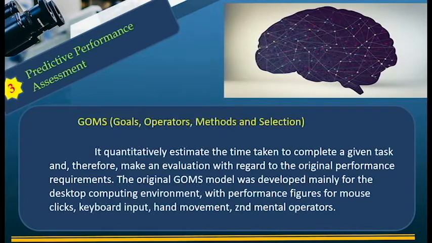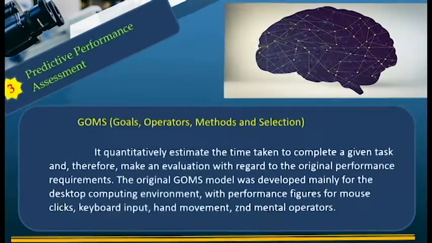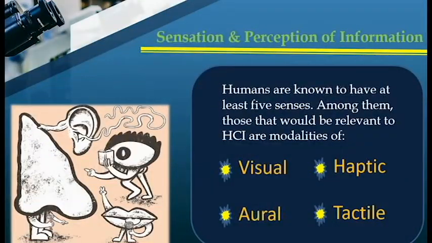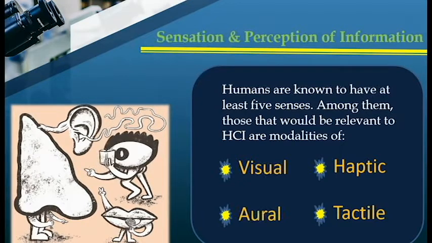So the original GOMS model was developed mainly for the desktop computing environment with performance figures for mouse clicks, keyboard input, hand movement, and mental operators. Okay, we're done with the human